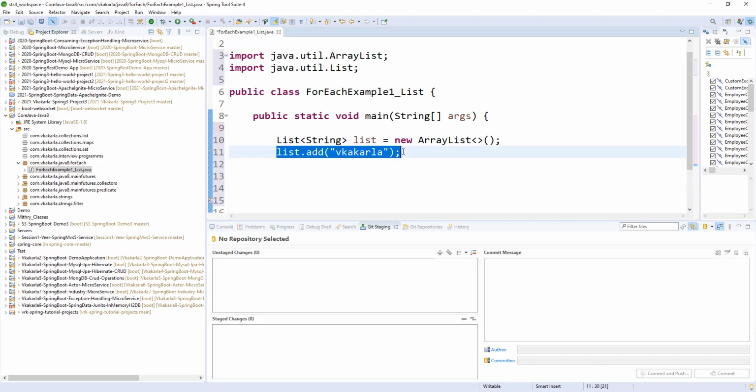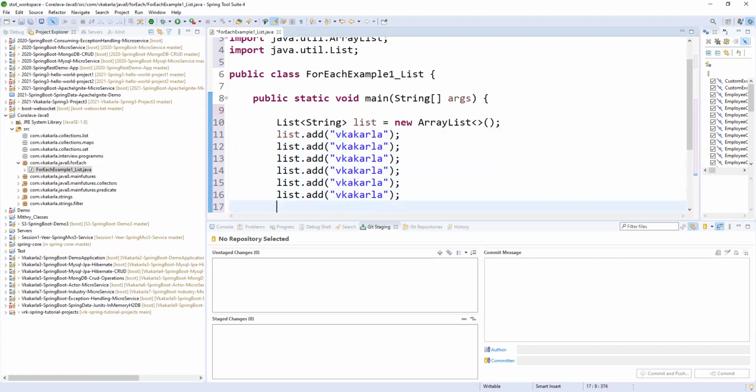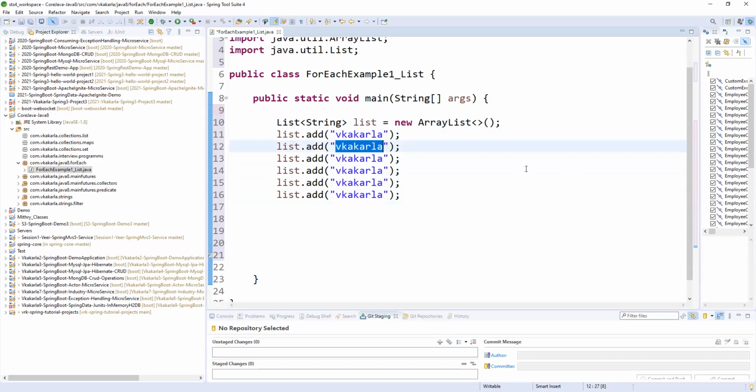I want to add some more data: Manoj, Suresh, Praveen, Naresh, Shankar. These are the names: V Kakarla, Manoj, Suresh, Praveen, Naresh, Shankar.